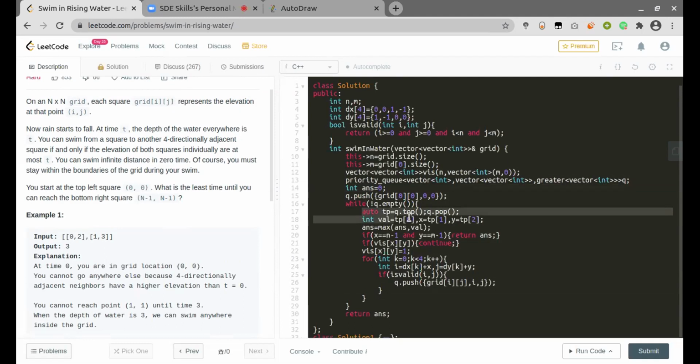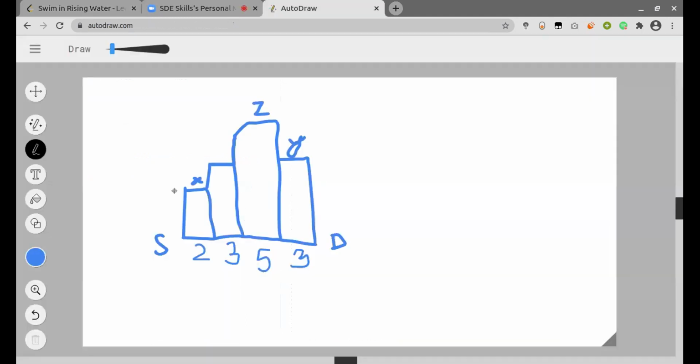We pop out the element from the top of the priority queue, and then we take the max of the total number of values which we are considering. The reason is, if we take this example where the start node has the value 2 in the grid and our destination has 3 in the grid, and I want to go from my start node to the end node, I have to traverse this way.